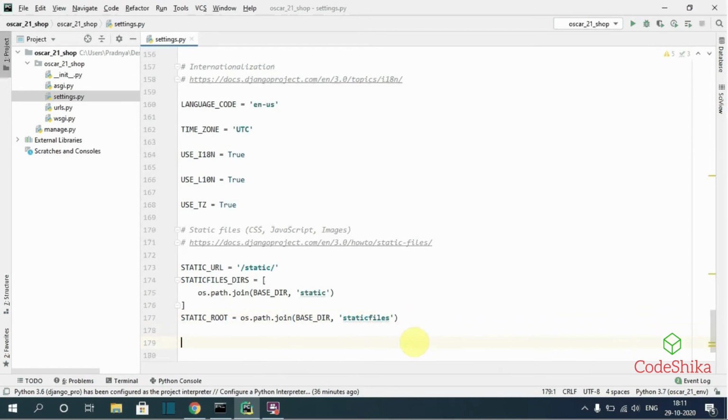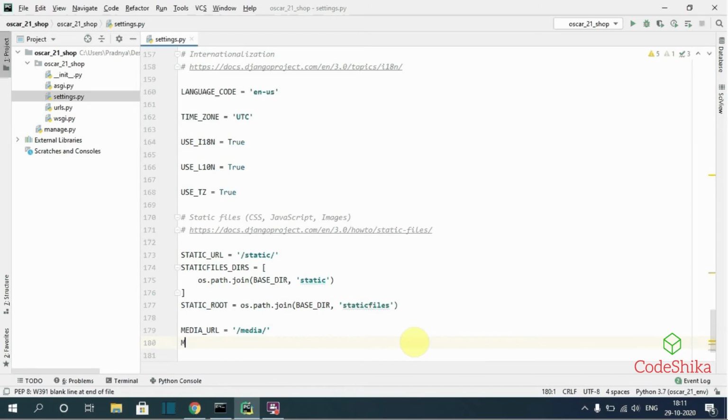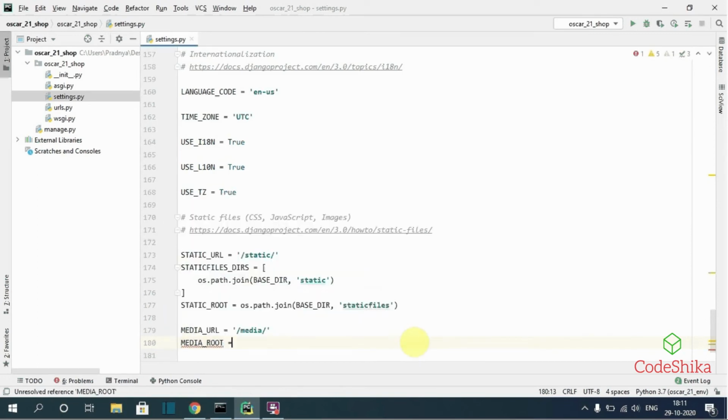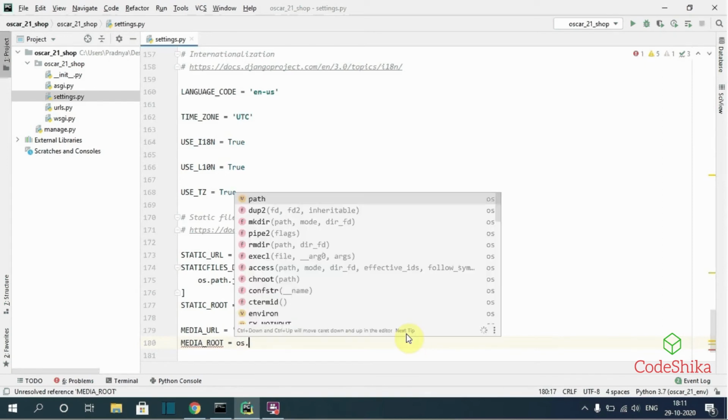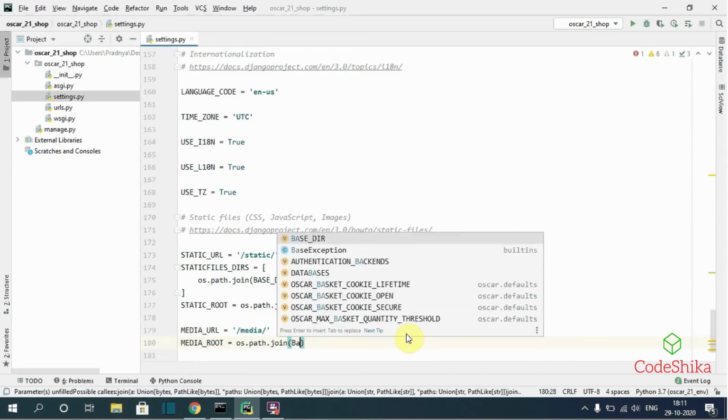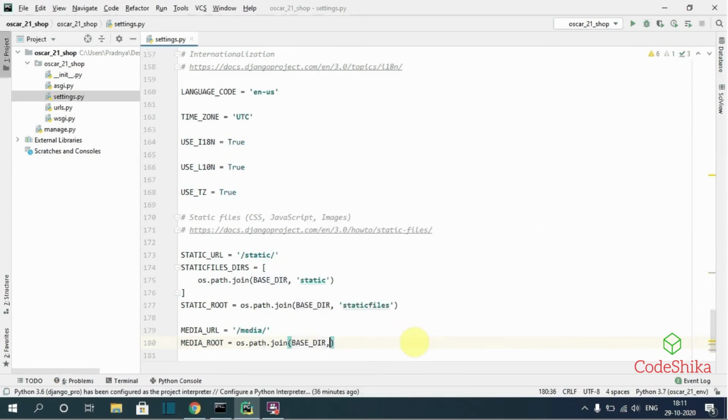Next, we need to specify media URL equals to /media/. Next, we need to specify media root equals to os.path.join BASE_DIR, comma, media.